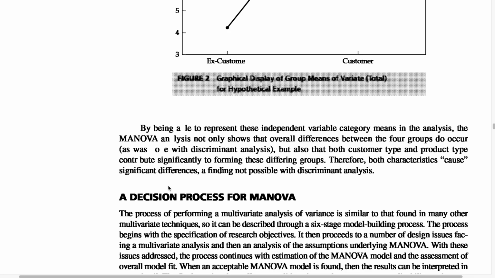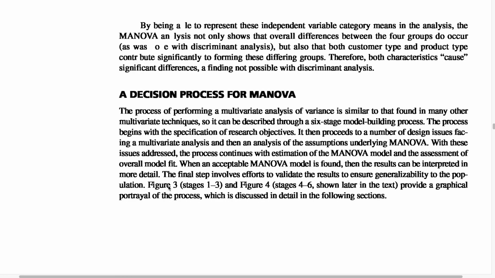A decision process for MANOVA. The purpose of performing a multivariate analysis of variance is similar to that found in many other multivariate techniques, so it can be described through a six-stage model building process. The process begins with the specification of the research objective, then